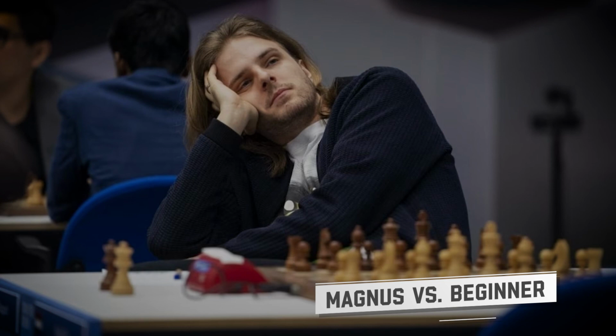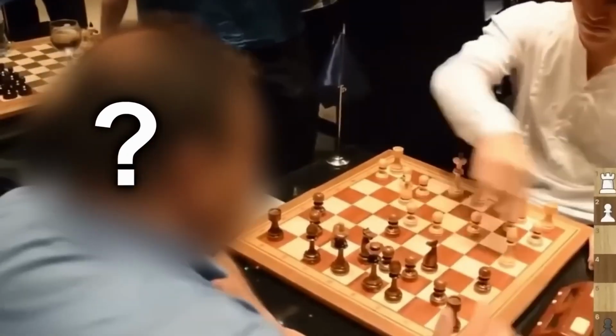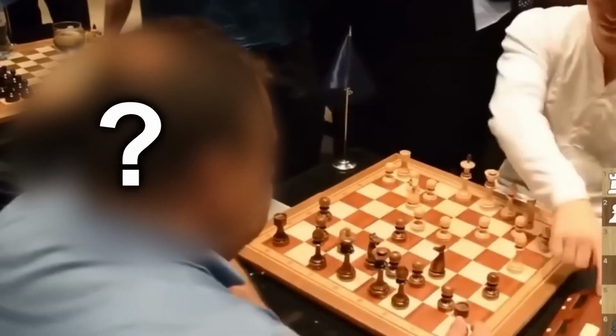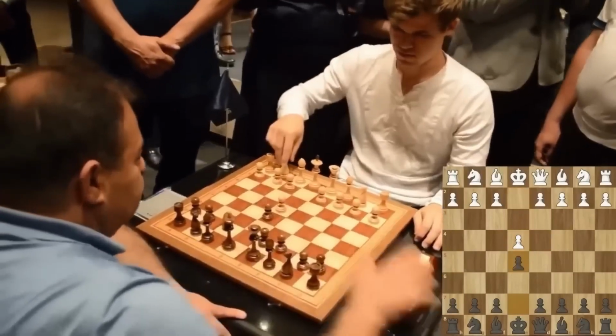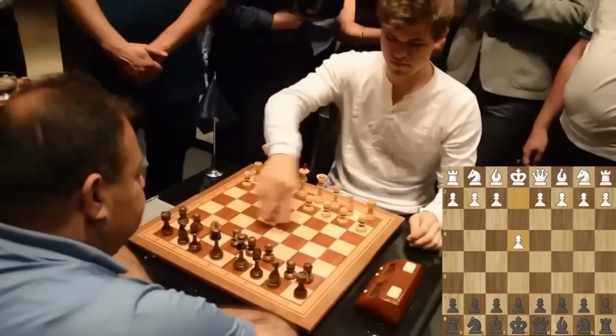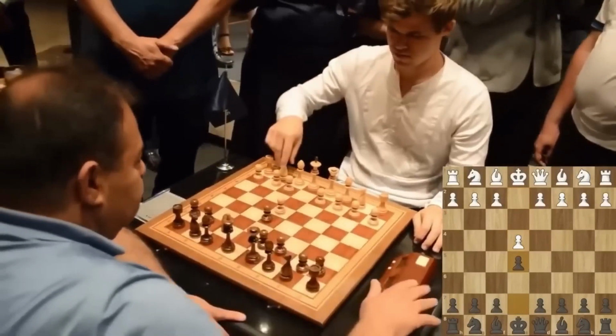Magnus Carlsen. The next game featured Magnus Carlsen against an inexperienced chess player who had challenged him in a Norwegian bar. Magnus, playing as white, rapidly made the move e4, and his opponent quickly answered with the move e5. One of the most unexpected times in chess history, the encounter with a non-professional player set the stage for